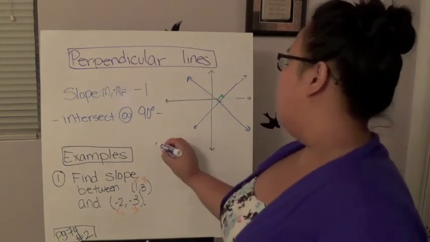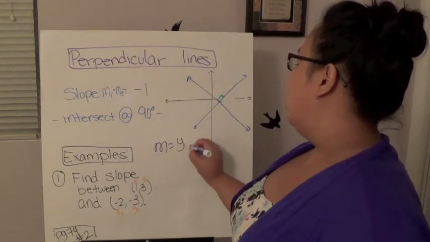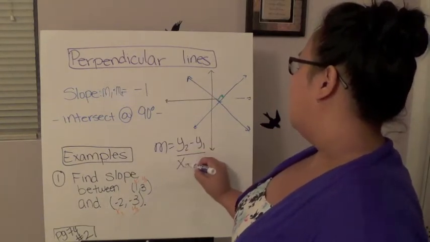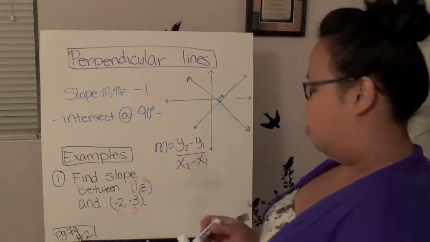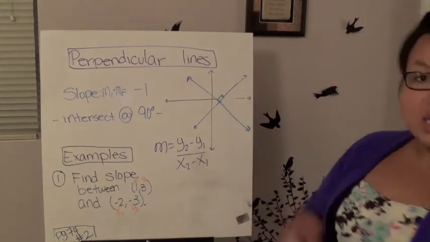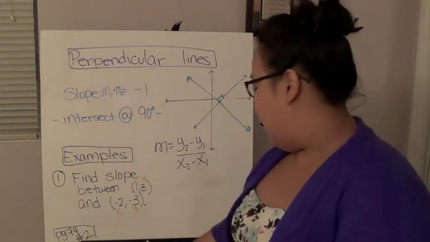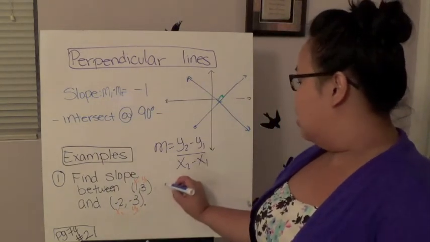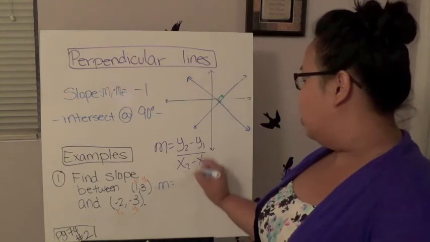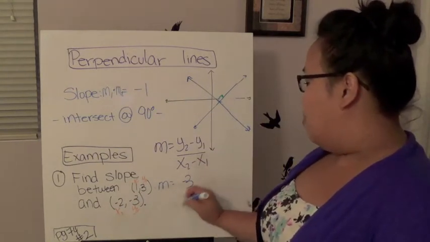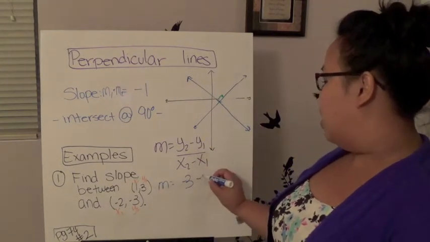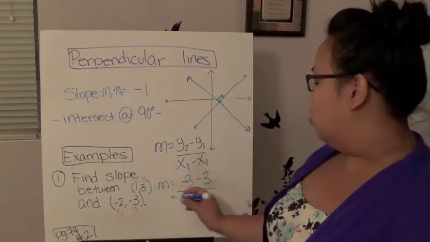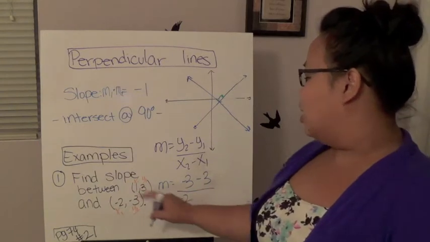So if you remember, the equation of a slope is y2 minus y1, okay, over x2 minus x1. So basically I just plug it in and go ahead and do the math. So m equals y2, which is -3, minus y1, which is 3, and then x2, which is -2, and x1,